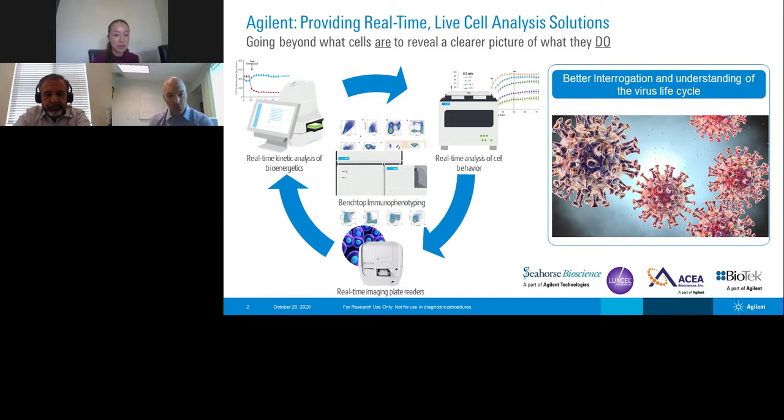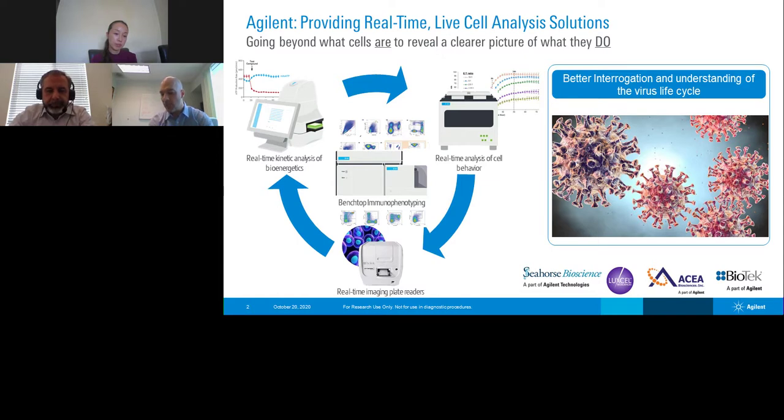So another question regarding eSight was whether the assay format would allow for you to include adsorption and washing steps. Again, the assay format is extremely flexible. You could imagine having an adherent cell line already attached into the electronic plate bottom, and then allowing an adsorption step with virus that, maybe it's 20 minutes or an hour, whatever it may be, and then washing the cells and then adding in fresh media on top. Absolutely, you can do that with eSight or with any of the xCELLigence instruments.